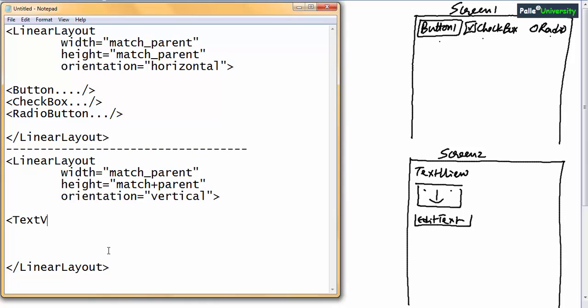Within this, first I will take a text view with width wrap content, height wrap content, and then the next one is an image view. As of now don't worry how to display the image view. I just want one image view with width wrap content and height also wrap content with some image, and then we have one edit text with width wrap content and height also wrap content. That is how it will look. So I hope you understood vertical linear layout and horizontal linear layout.